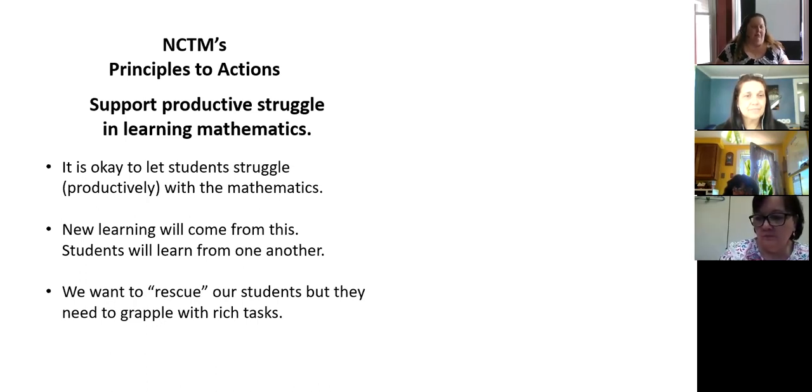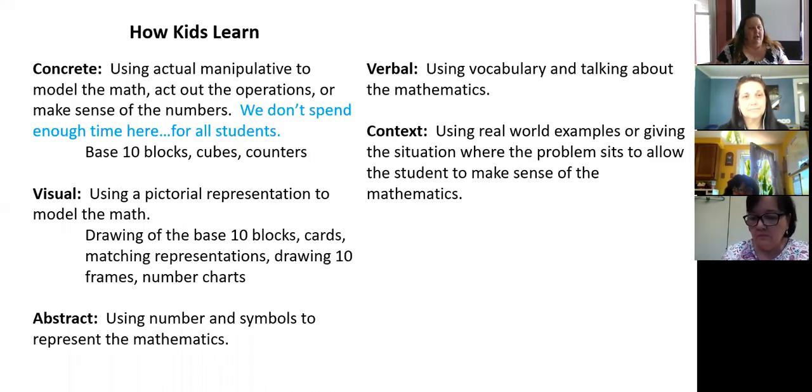So often it's that rescuing our students, and we want to, it's hard to leave them and let them say that we're going to not rescue them, but we really have to let them work through and grapple with that mathematics. So when kids learn, we think about those concrete examples, those areas where we can use manipulatives to model